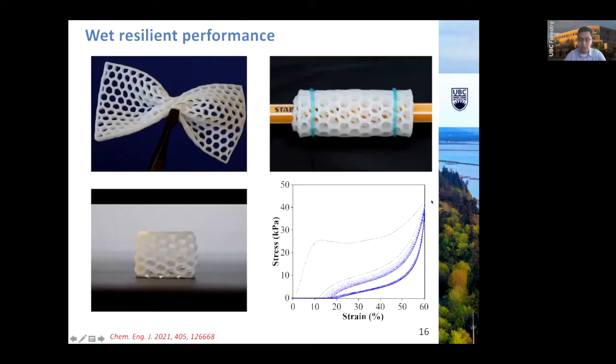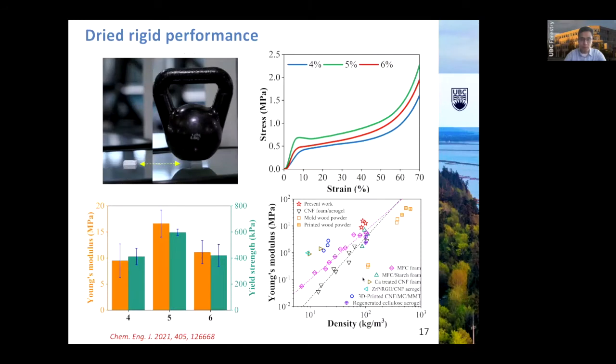So here's a cyclic compression and recovery for the white 3D printed lattice. As I mentioned, the design for this one is trying to make a rigid and strong material. As I already showed you in this picture, it's supporting over 16,000 times its own weight. It also shows a clear honeycomb structure, a clear yield point, and then a plateau region, and then